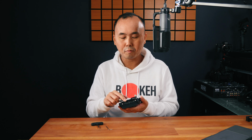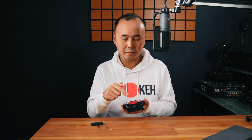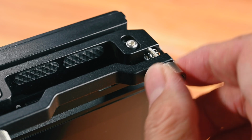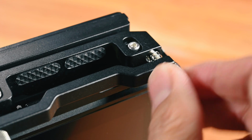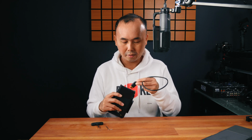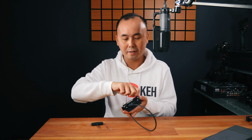Alright, compare this one with the previous HDMI cable clamp on the Real World monitor. I like this one a lot more because this one is spring loaded. You can see there's a spring here and there's a spring here. And this one you can just use your hand, use your fingers, and you can loosen it and tighten it up. So let me grab an HDMI cable, put one in here, and you can easily just tighten it up